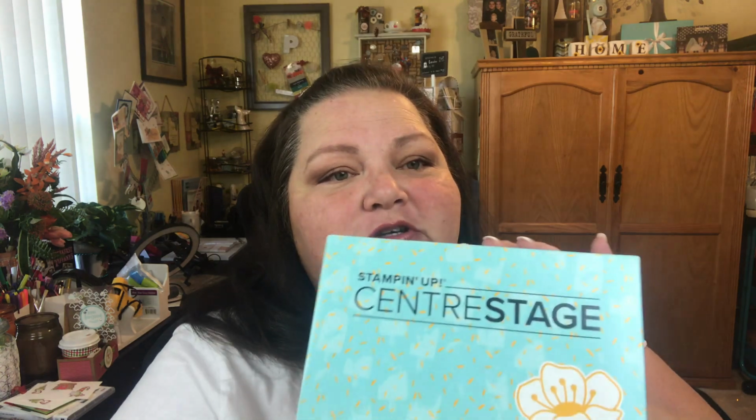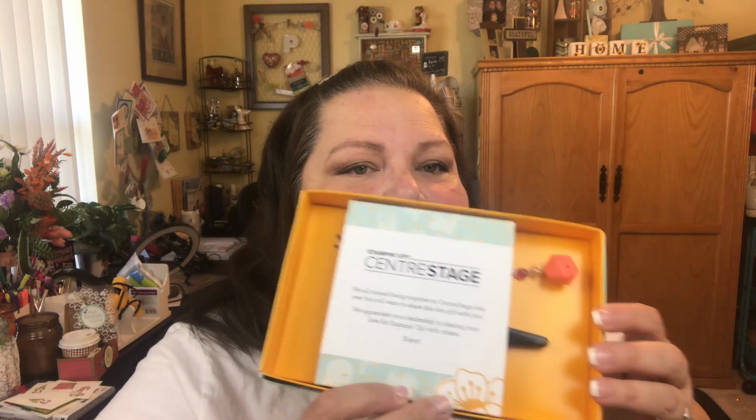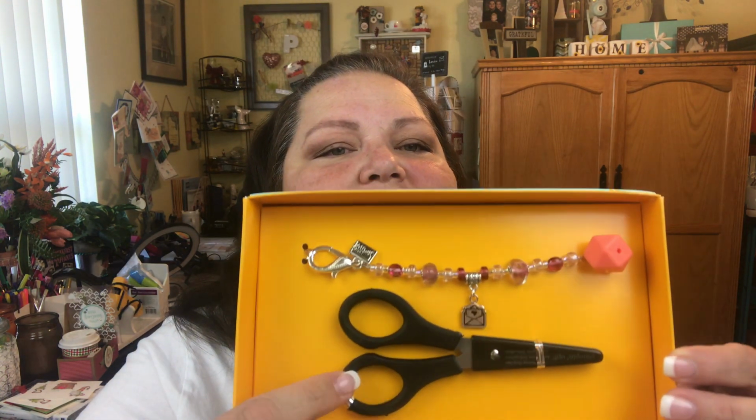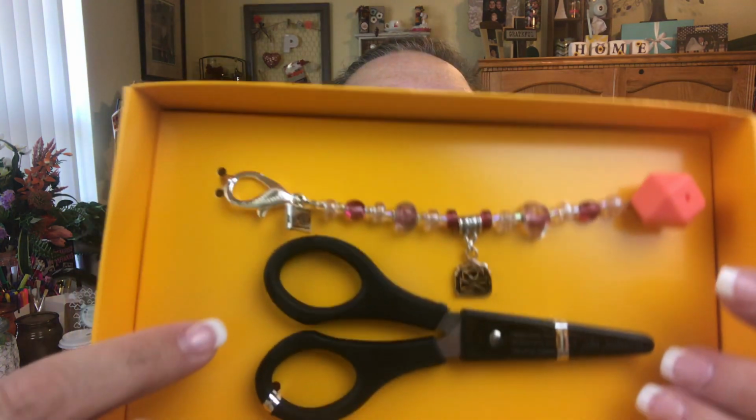with your help, those of you who are customers of mine and team members of mine, I was able to attend center stage. And when you're able to attend center stage, they give you this little gift. It's usually a whole dinner and a training, and it's really cool. But they sent this, and then I opened it up, and look, it's a brand new pair of paper snips and these cute little charms, and one is a Stampin' Up! logo,